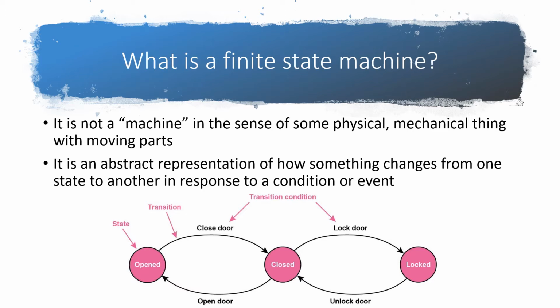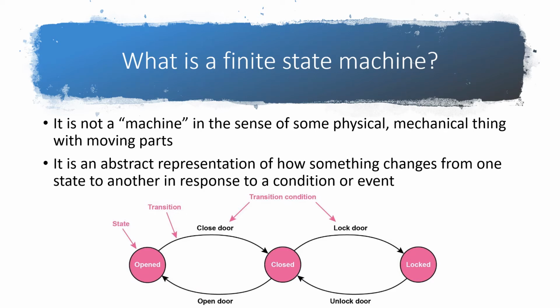Now, as you can see on here, this is a simple state transition diagram for a locking and opening door, right? So we have got states which are represented as circles, and we've got states for opened, closed, and locked. We show using a directed arrow a transition. So we can see here that we can transition from an opened door to a closed door, and we can transition from a closed door to an open door. And the label on the transition